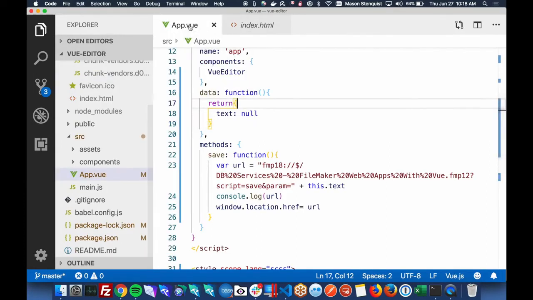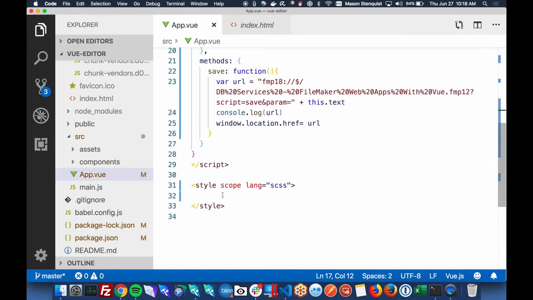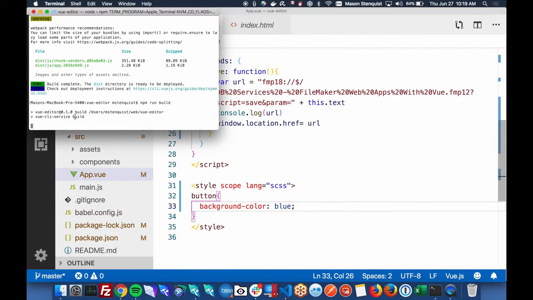But if we wanted to style, let's actually style that button really quickly. I'll just say button is, that's probably going to look really ugly. But let's give that a shot. So we're going to build again.